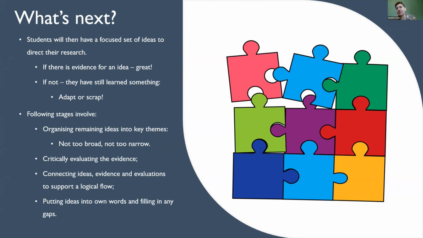So either fleshing out their ideas into paragraphs, or sometimes they might connect a couple of ideas and recognise, oh, hang on a minute, I'm making an assumption of how idea A relates to idea B. I'm going to have to find some additional evidence to support that association. So yeah, that's basically how it works.